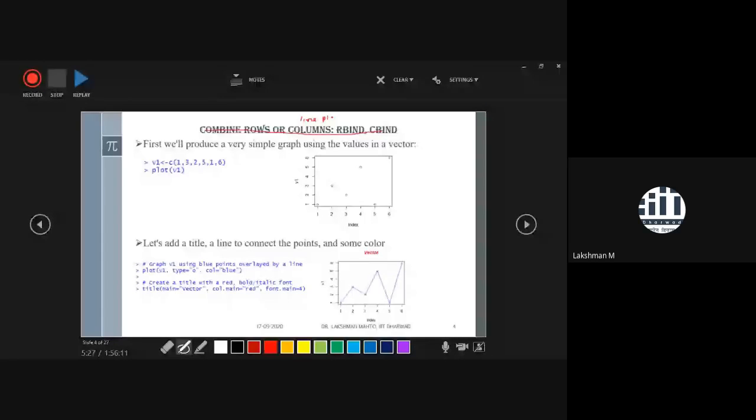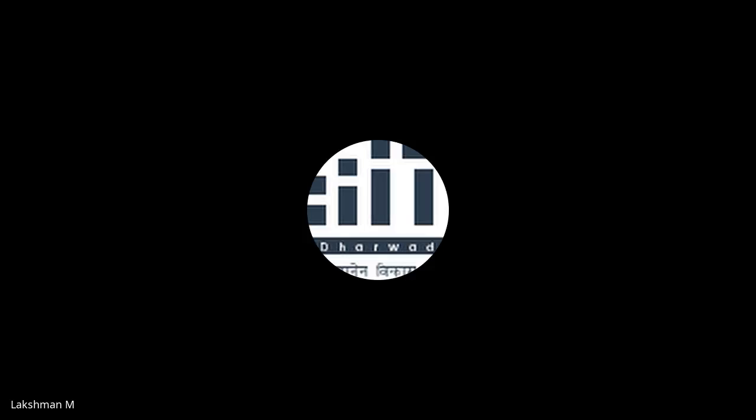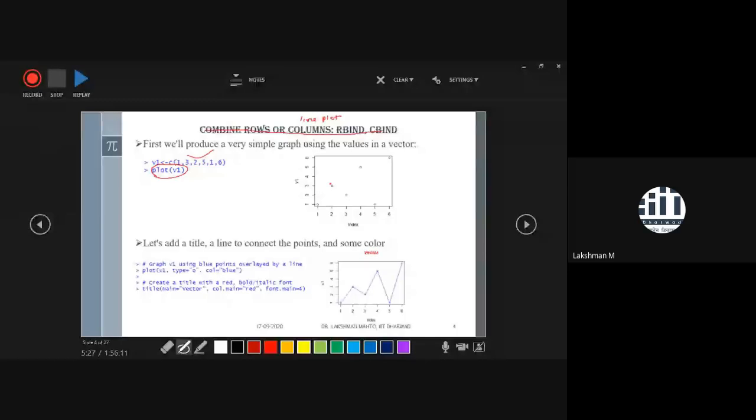What happens is that you are simply taking a vector v1 having these entries: 1, 3, 2, 5, 1, 6. So if you are willing to plot, how will you get the plot? It will take the value of each entry along the y-axis, and the index, the position of the corresponding entry, will come along the horizontal x-axis. This one is talking about index. You will call it index or position. So this is the plot of a vector.